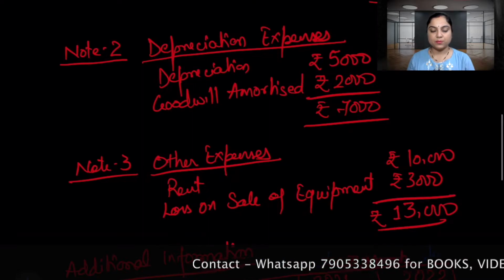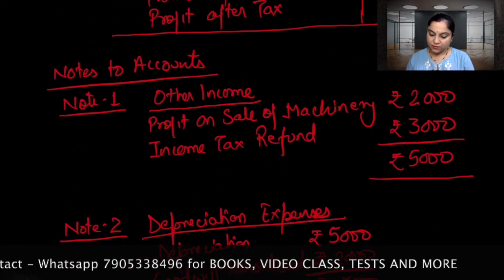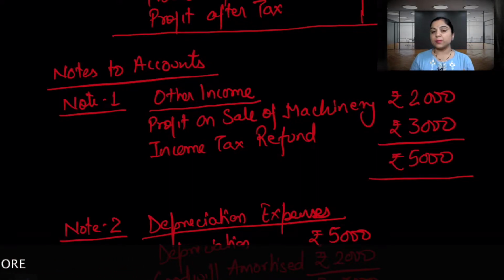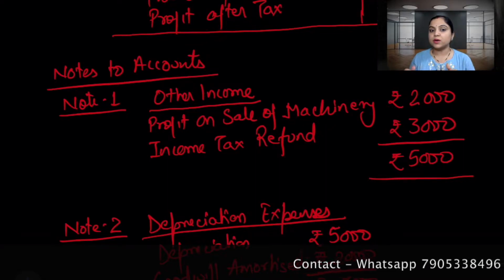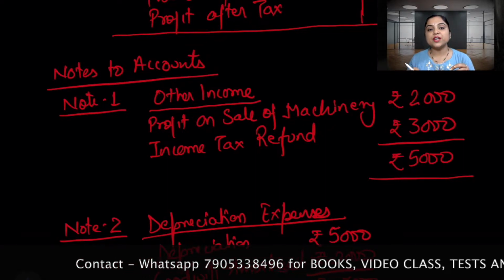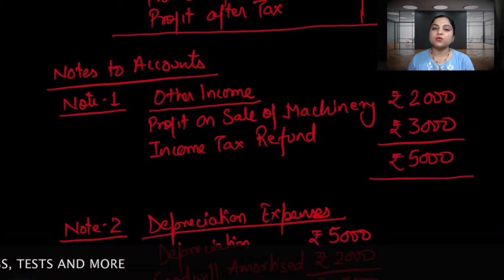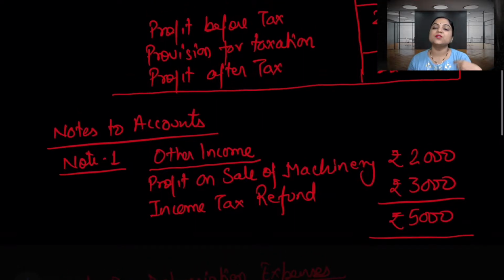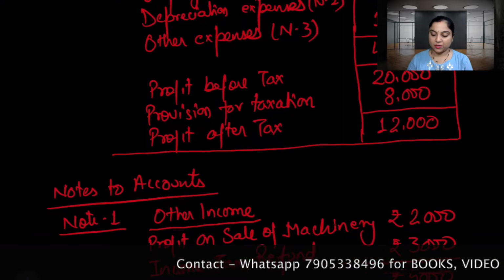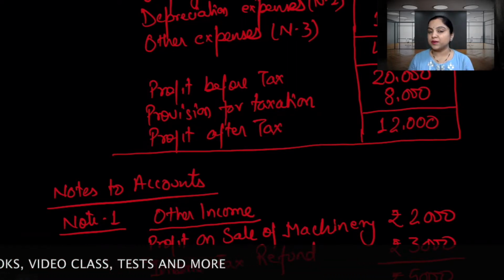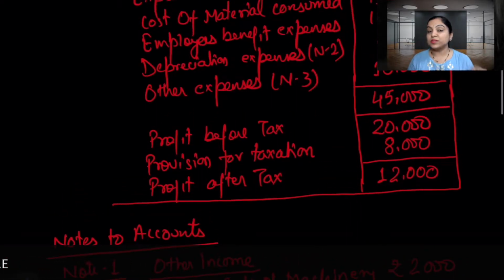We did already with the provision for taxation, and then we have the income tax refund. So is this income tax refund going to affect this statement? No, because this is a ledger related to a provision. It's not a cash statement. This is related to the provision. So here we have to find how much is the amount of taxation due, which the company paid. So there is no role of the income tax refund in this ledger. Though obviously it has some role, because if you are getting a refund, your pocket is going to fill with cash or bank.